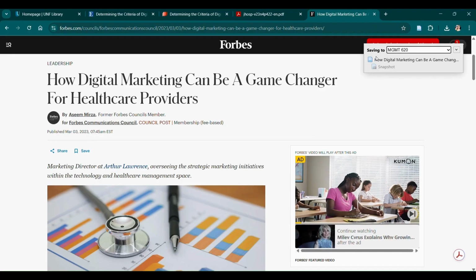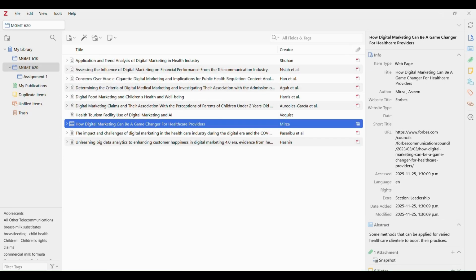Now we're going to see that same message, right? It's showing us where this information or this source is being saved to. It gives me a portion of the title of the source, but this time it's a little bit different. It's demonstrating that it's capturing a snapshot, not a PDF. And so when I come into Zotero,